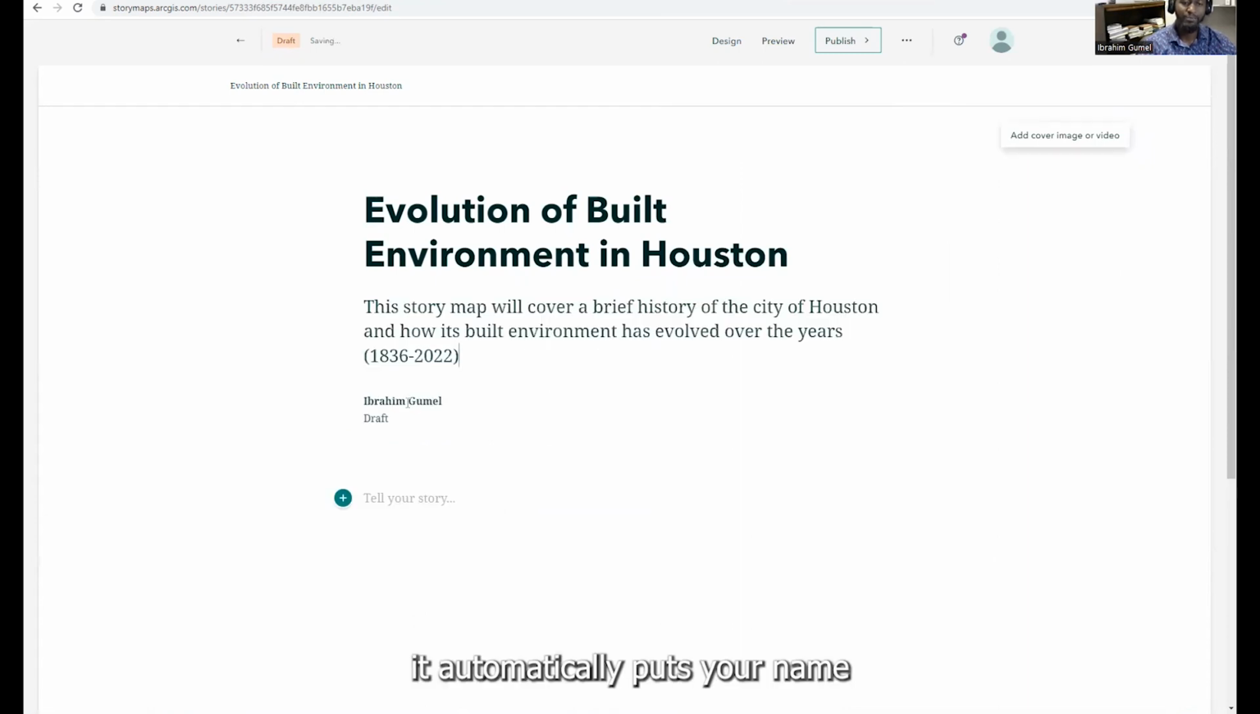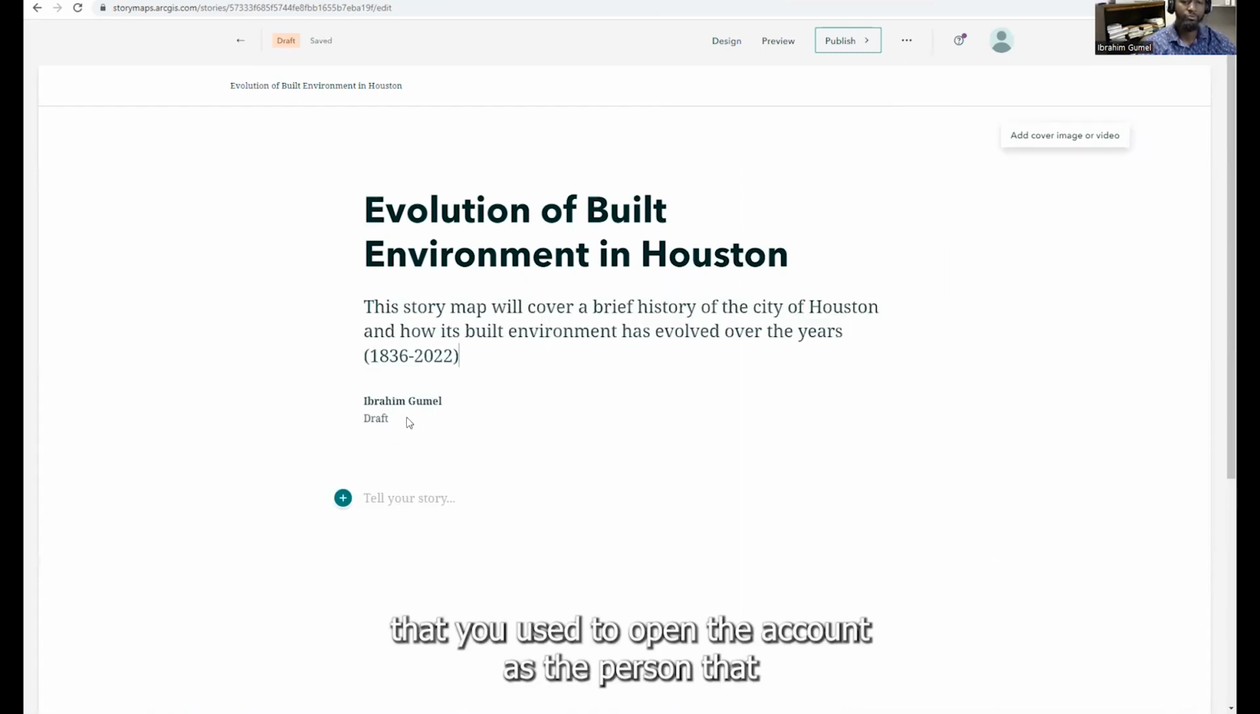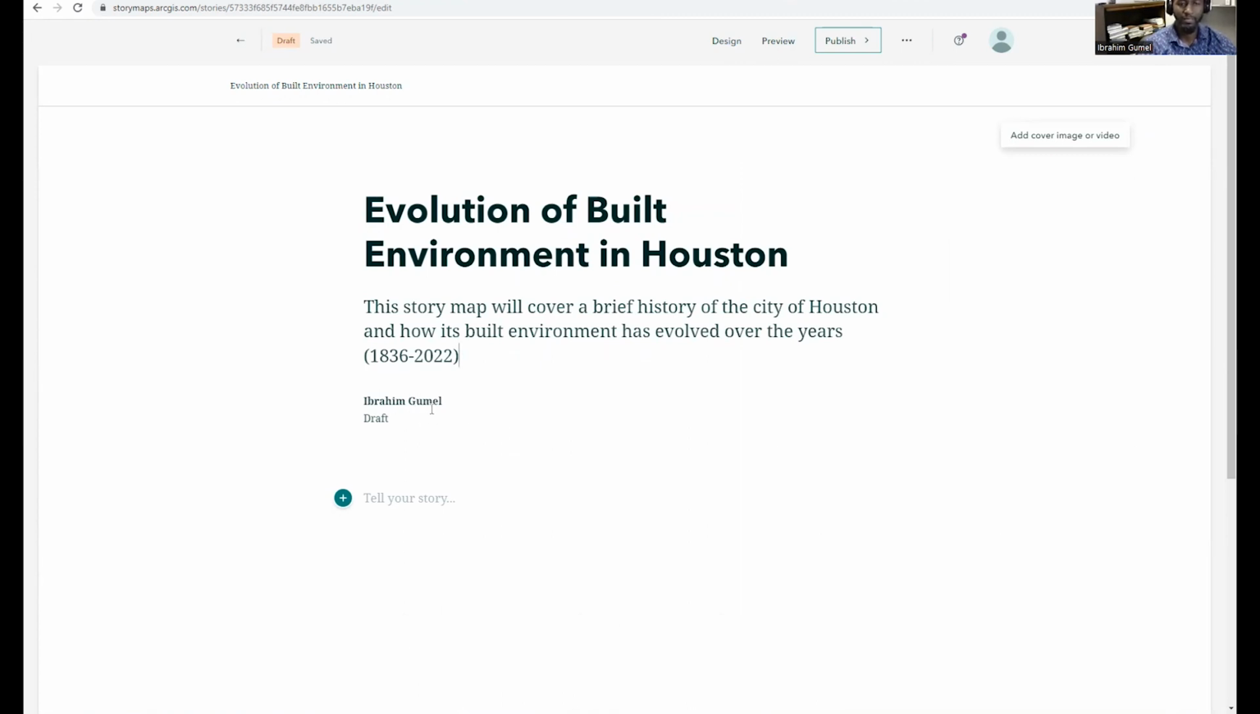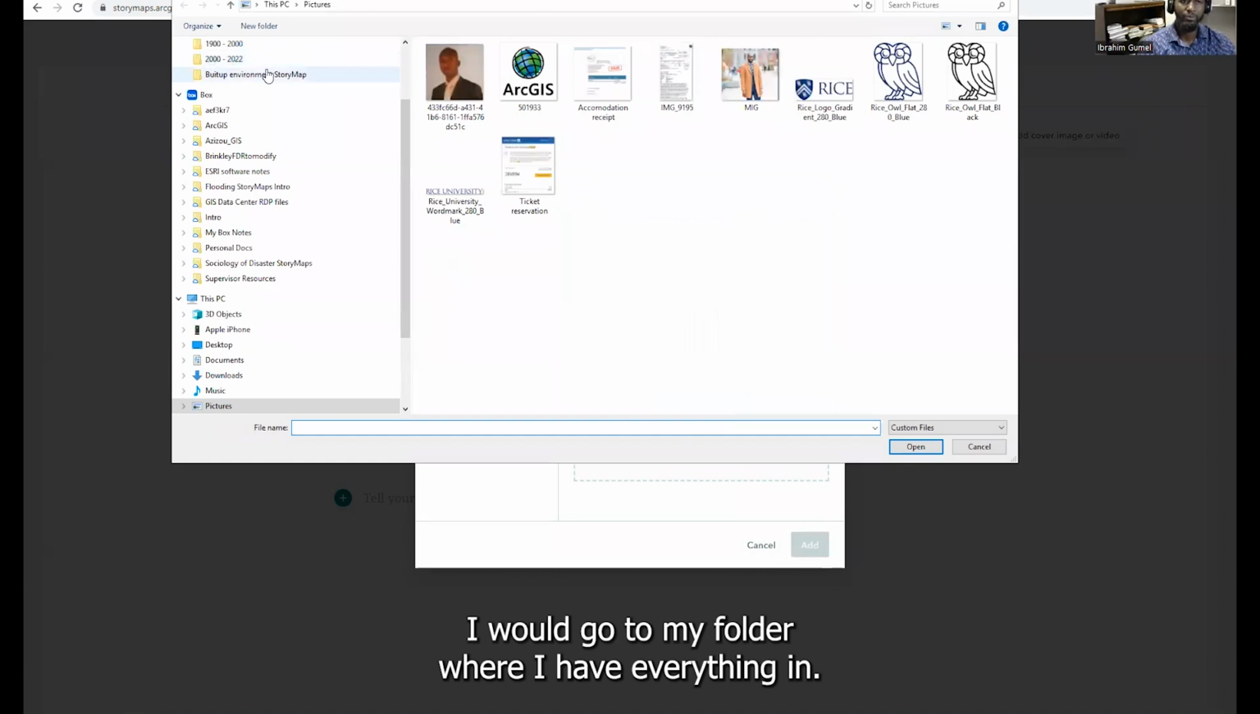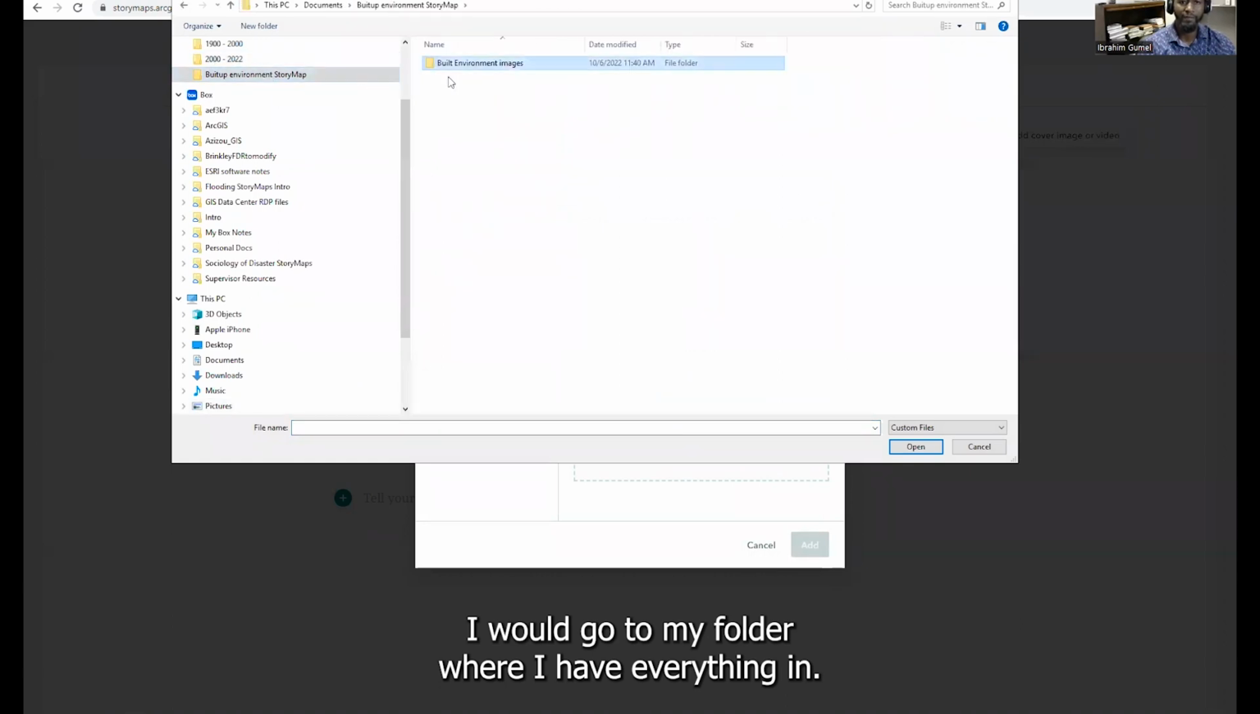It automatically puts your name that you used to open the account as the person that did the story map. You don't have to put this. And then the next thing I would do is to add a cover image. Then I'll do it clicking this, and this opens, and then I'll browse the file. I would go to my folder where I have everything in,